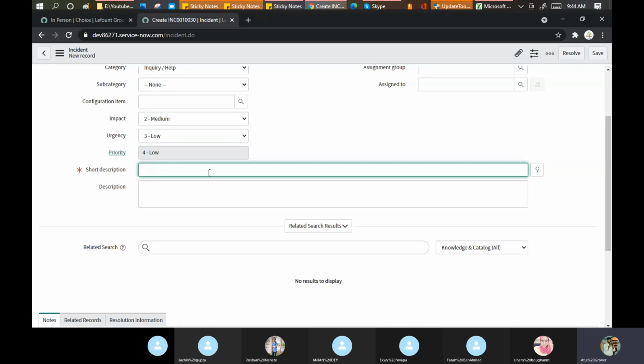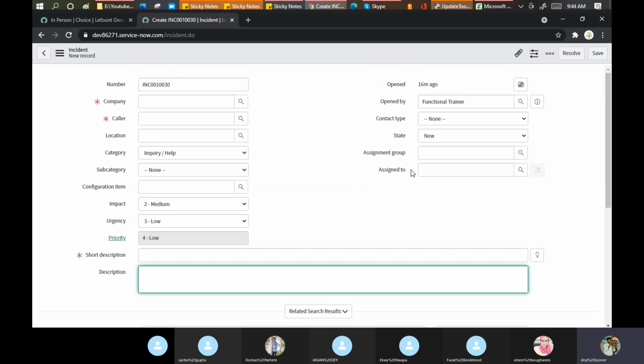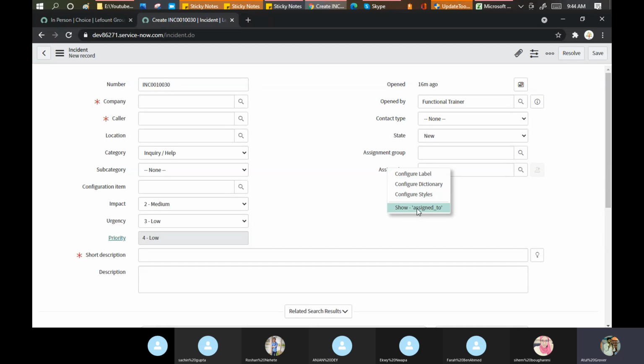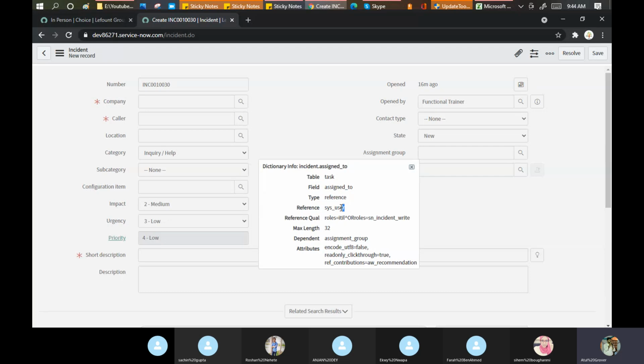Now this is called single line text. This is called multi-line text. Assigned to comes from the user table. If you want to see, just right click and show assigned to. See, it comes from the user table.